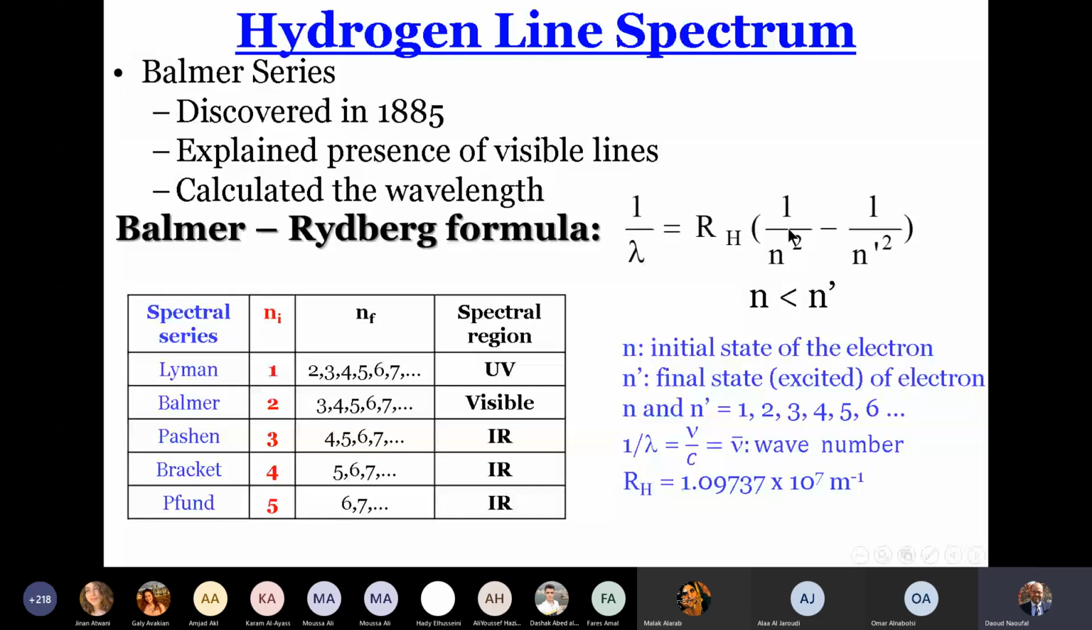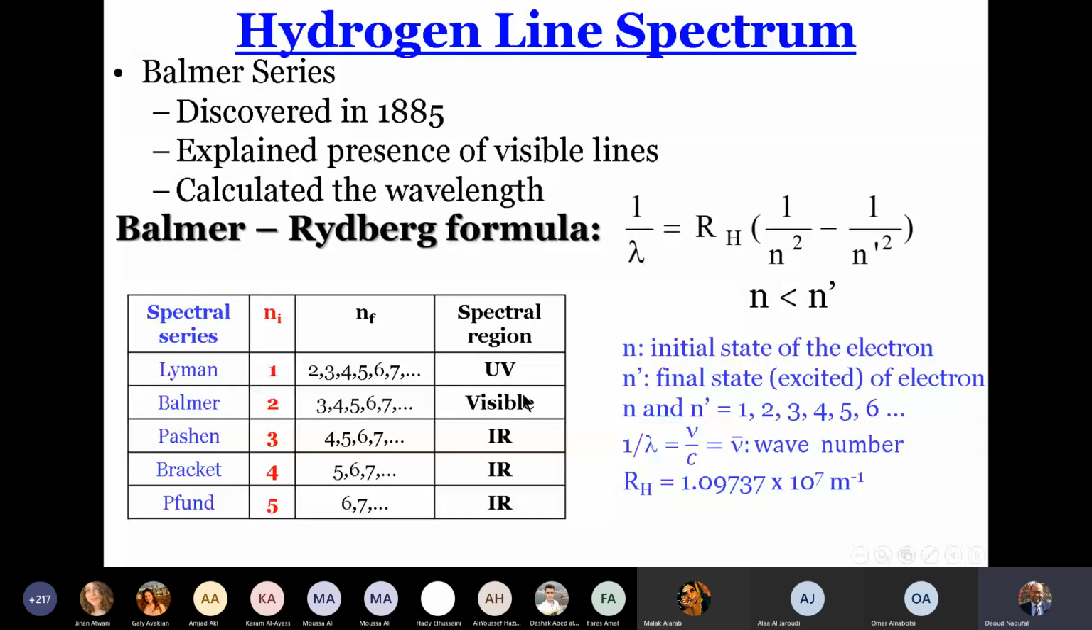And he found that if the electron is supposed to be found at level 1, all radiations emitted are in the UV domain. Balmer supposed that the electron is found at energy level 2. And he calculated lambda when the electron passes from level 2 to level 3, from 2 to 4, from 2 to 5, from 2 to 6, from 2 to 7, and he found that the radiations emitted are in the